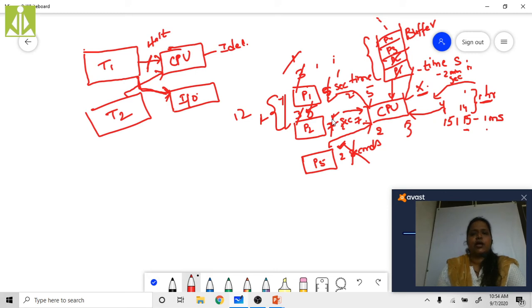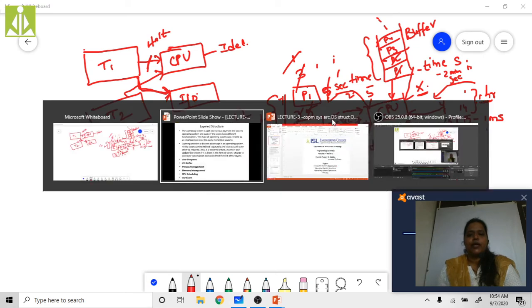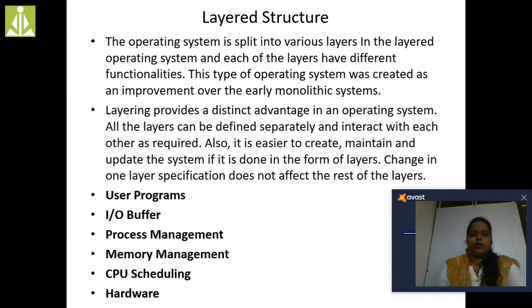We'll have process management as a whole chapter, but here in this introductory part, we'll see what process management is, what memory management is, and everything. So this is how process management is going to be done. Fine. So that is process management, and next one is memory management. Memory management is nothing but managing of memory.